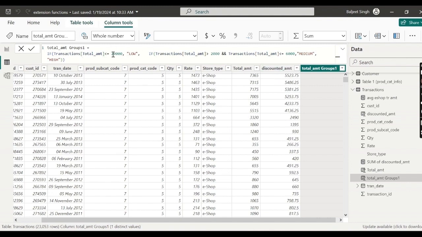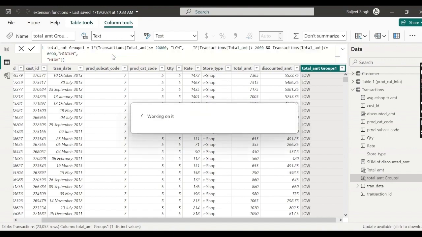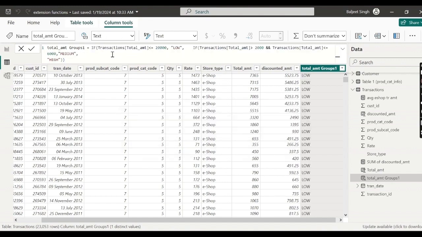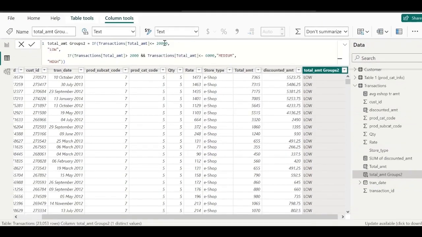So if you just hit enter, now it will process, it will work and take a few moments. And here we have just put the value 20,000. What we will do now? We can see all values are less than 20,000. We will convert it to 2000. So after changing, if we hit enter,